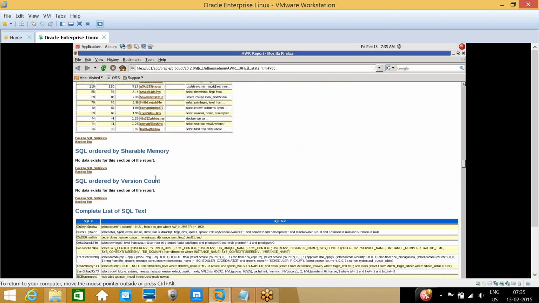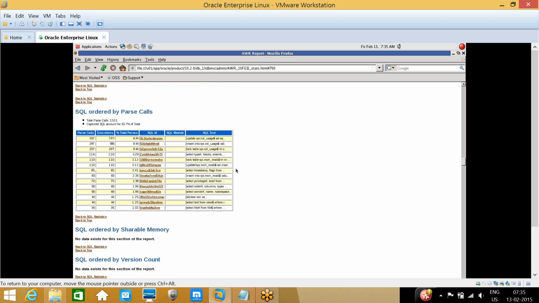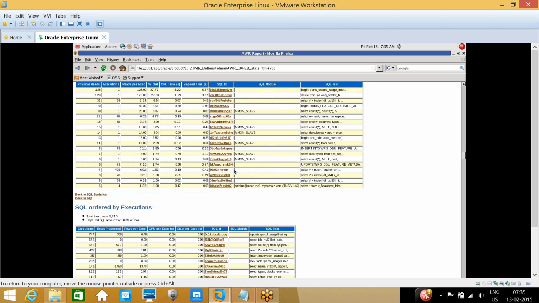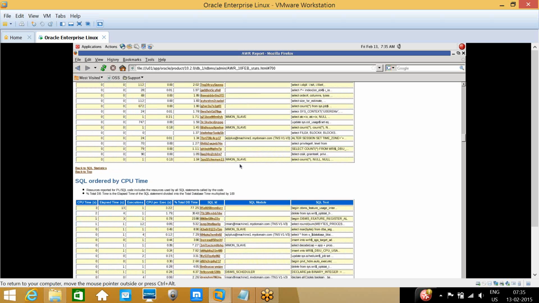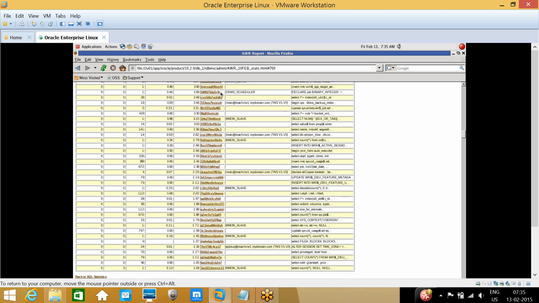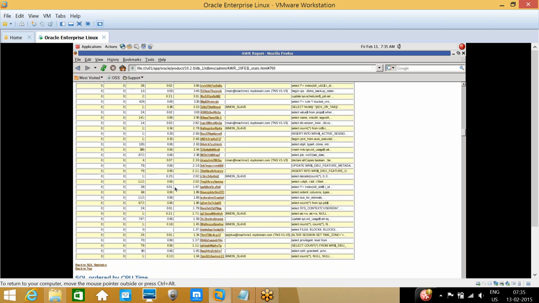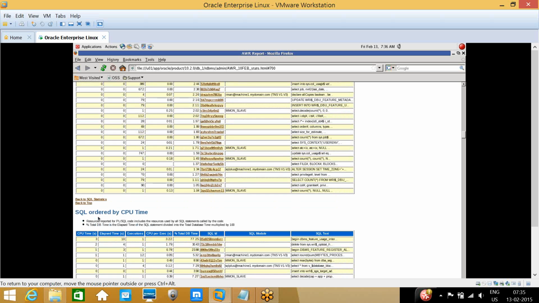So now this is the complete SQL text. Whenever you identify any SQL here, you need to search for this SQL in all the sections. With the SQL ID, you need to check in all the sections ordered by CPU time, reads, and everything.